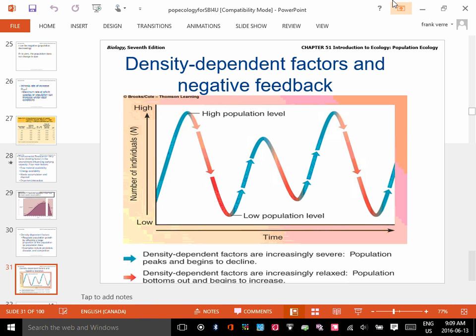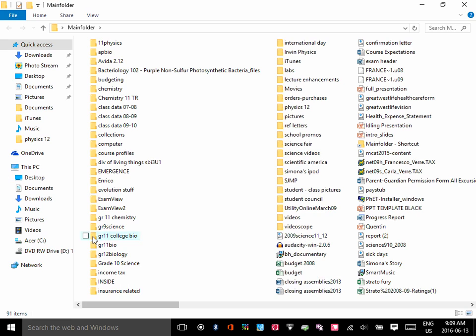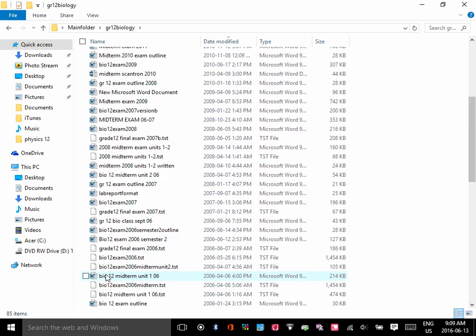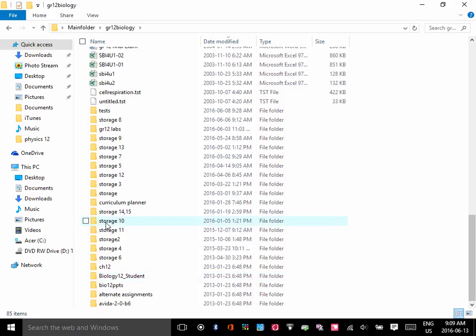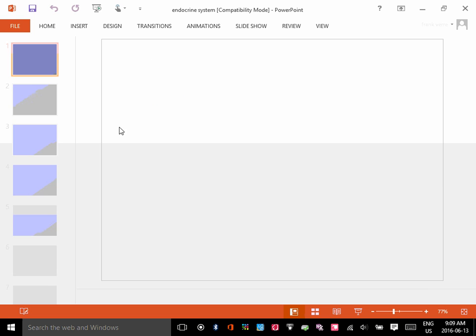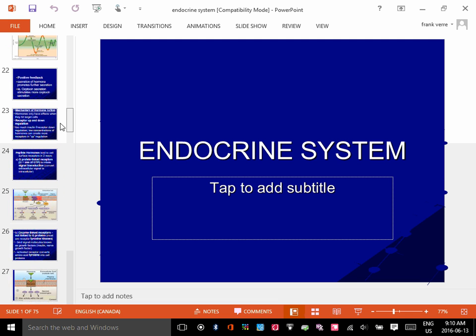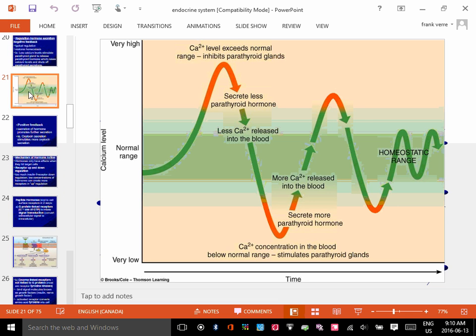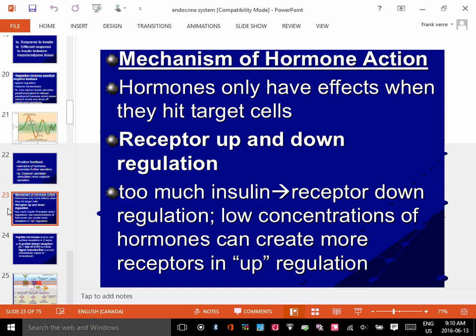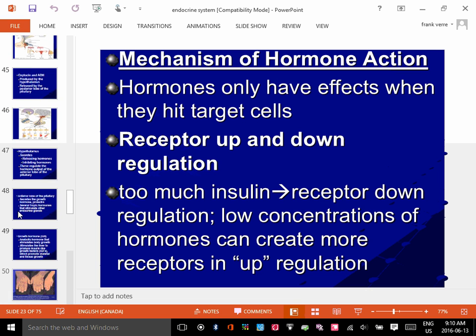Come on, you've seen this before. Come on, girls, you've seen this. You saw it numerous times actually in this course. But just to show you one of the most recent times you saw it was right here. So if we go back to the presentation on the endocrine system, where have you seen that pattern? What's that pattern called? Yeah, it's called a negative feedback pattern.